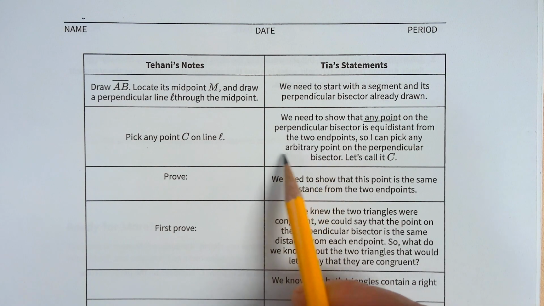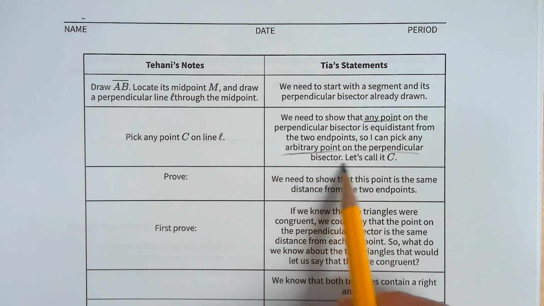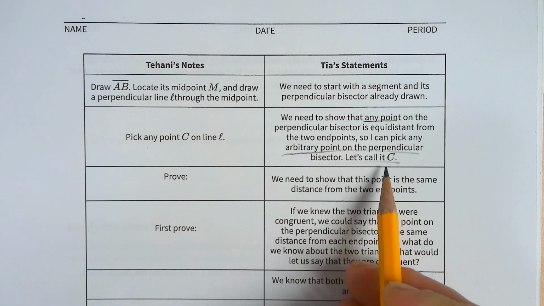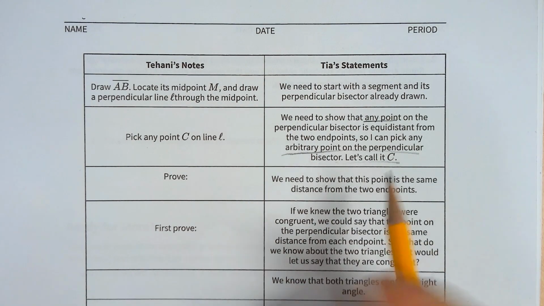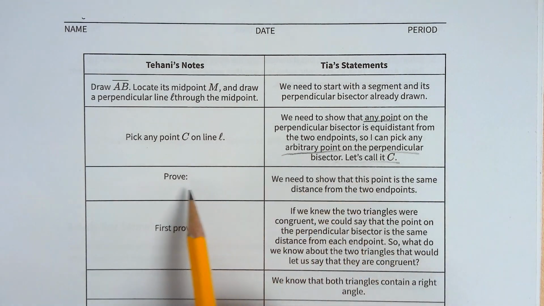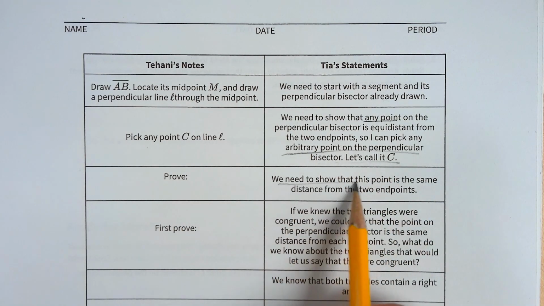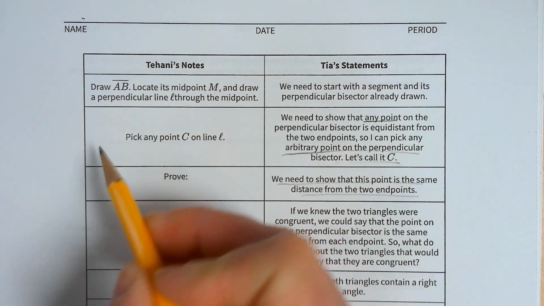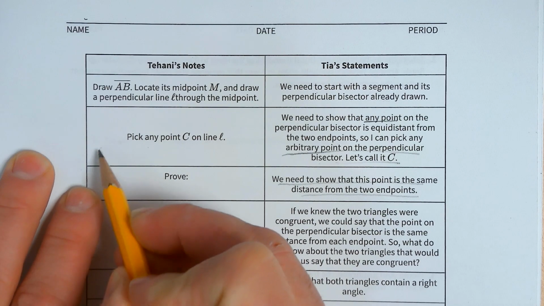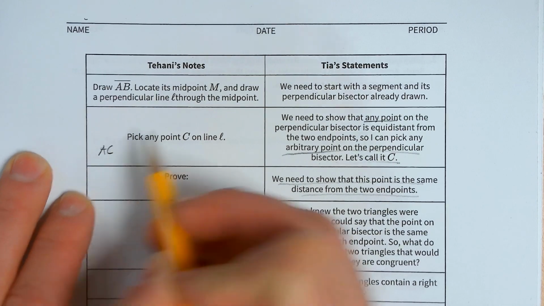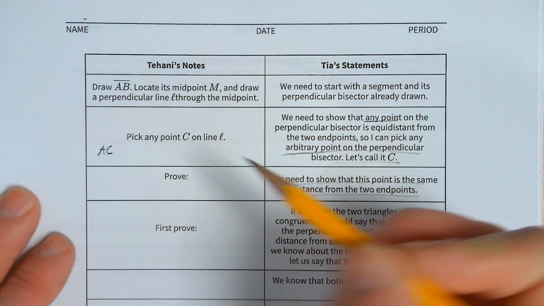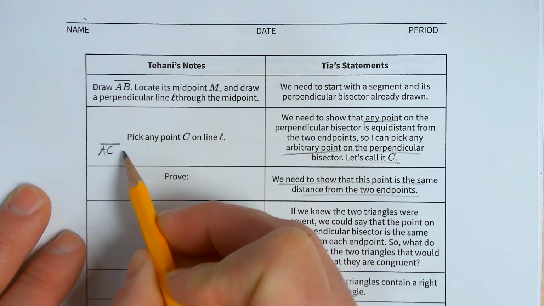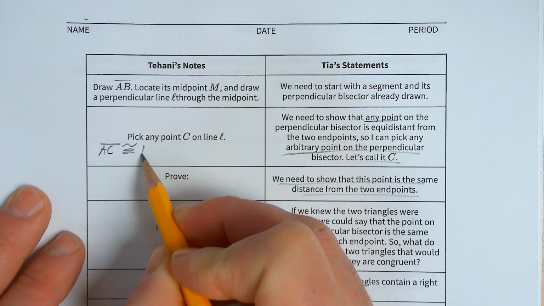So I can pick any arbitrary point on the perpendicular bisector, let's call it C. That point C represents all points. We're analyzing any given point. So we need to show that this point is the same distance from the two endpoints. So we need to prove that AC is congruent to BC,